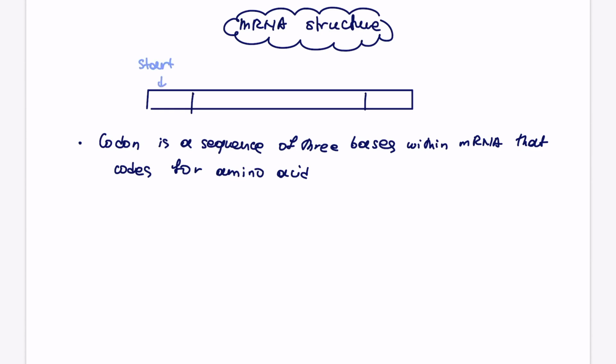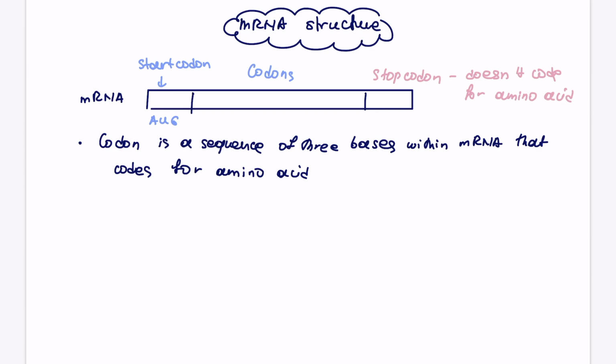So mRNA will be made of many codons, but the mRNAs will always have a start codon at the beginning, which is always AUG. Then we're going to have many different codons in the middle, and then at the end there will be a stop codon. And the stop codon basically doesn't code for any amino acid, and it is a symbol used by the ribosome to know that the translation needs to be terminated. Very similar, right, to the structure of the gene. So we have the start codon that marks the beginning of mRNA and the stop codon that marks the end of